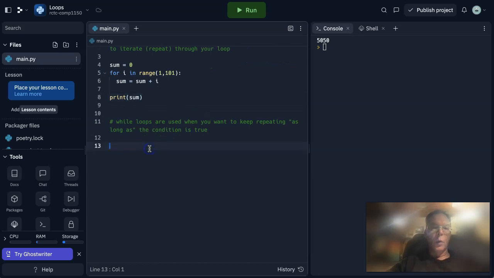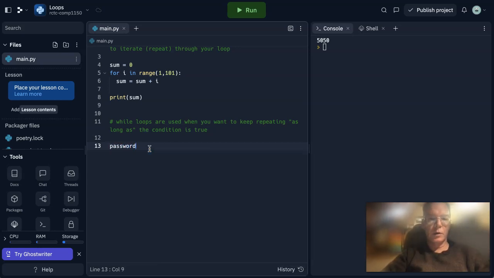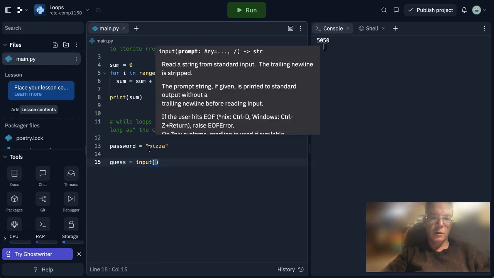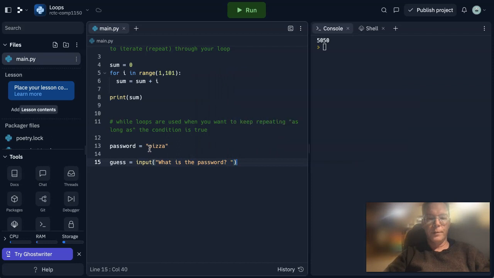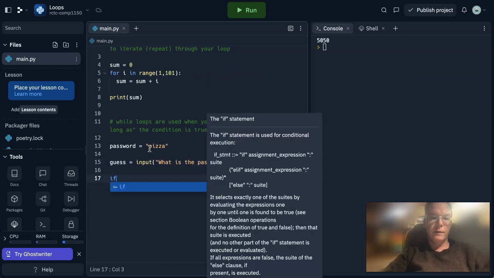Anyway, while loops, as I mentioned before, you don't know how many times they're going to execute. So you need an "as long as." So I'm going to do this password thing, right? So I'm going to say the password is pizza. I don't know, I'm just going to put that. So I'm going to say the guess equals input. What is the password? Right? And then if